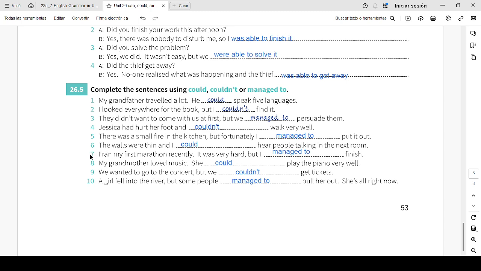I ran my first marathon recently. It was very hard, but I managed to finish. So we're talking about somebody having success doing something, right? My grandmother loved music. She could play the piano very well. In this sentence, we're talking about ability, but in the past, maybe